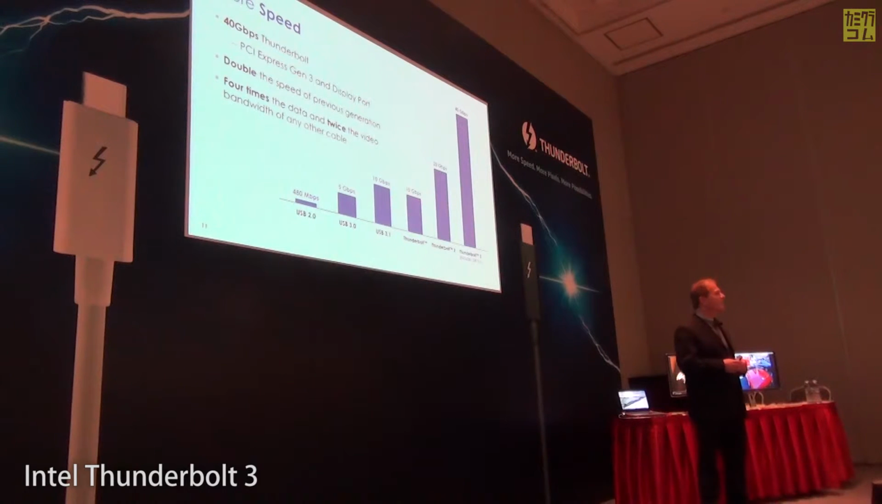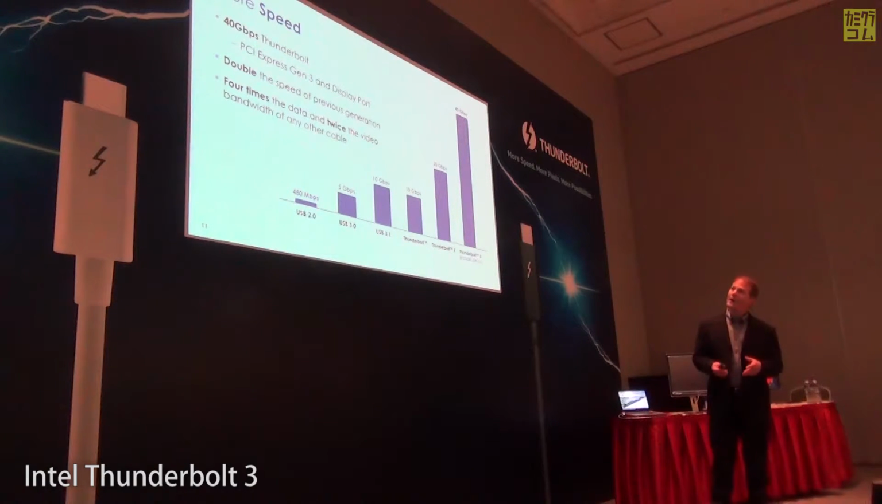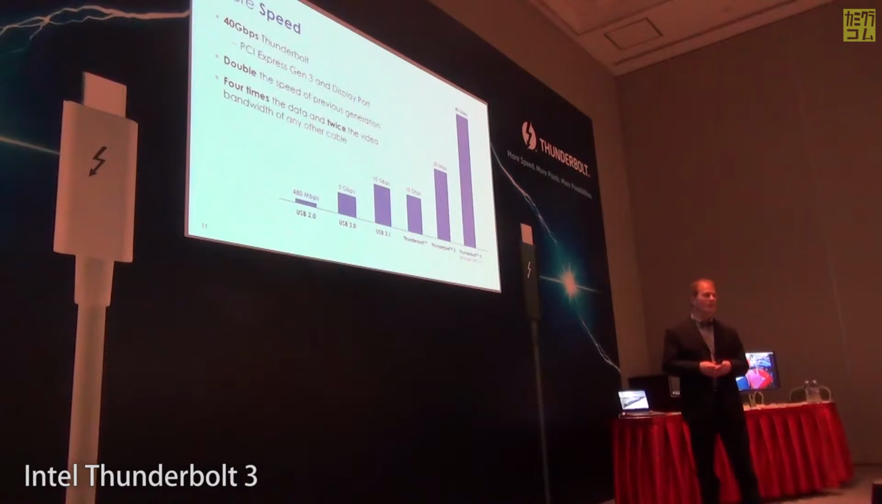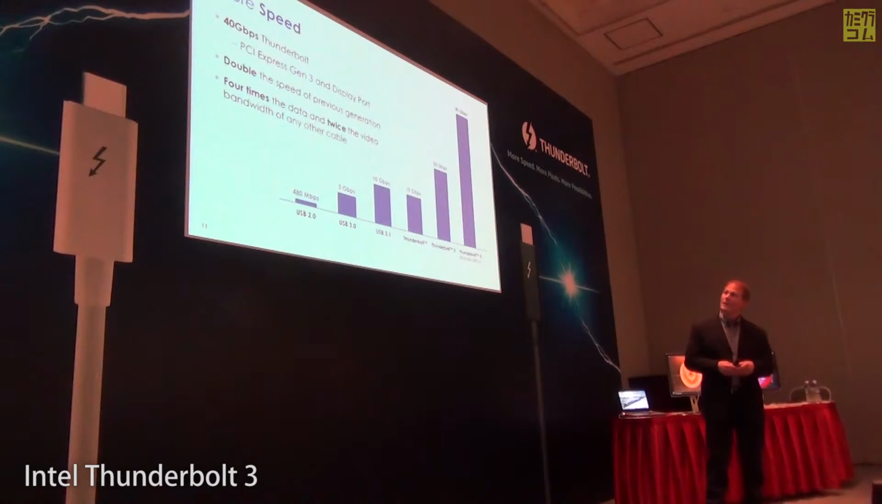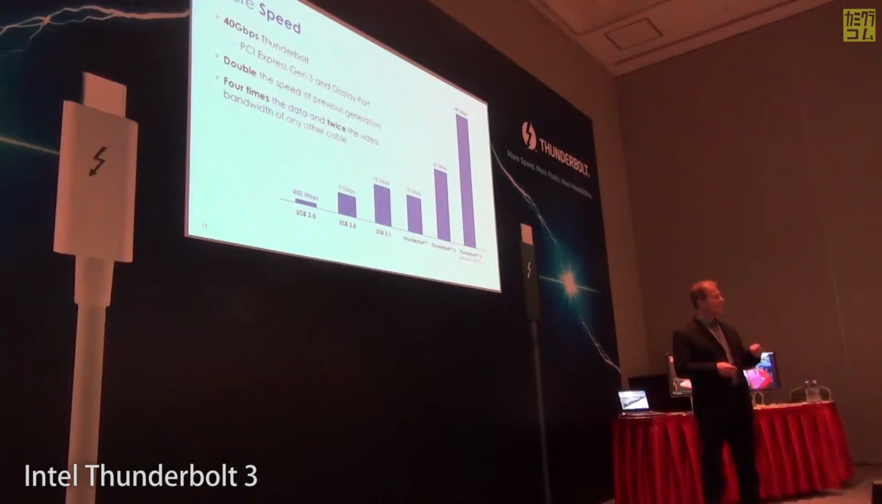So the second vector, more speed. As we talked about, you have 40 gigabits per second Thunderbolt link. On there, you can run data and display with PCI Express Gen 3. So this is the first time that Thunderbolt is supporting Gen 3 instead of Gen 2 PCI Express, so it doubles the performance there. And also DisplayPort. And the DisplayPort is double video bandwidth of the previous generation. So you have double the speed, double the data bandwidth, double the video bandwidth of the previous generation of Thunderbolt,